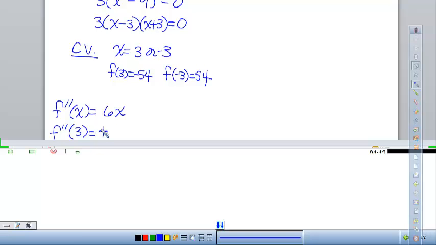There, relative max or relative min? Relative min. Okay, and then if we look at f double prime of negative 3, we get what? Negative. And so we get a relative max. Okay? So if we try to sketch that information so far,